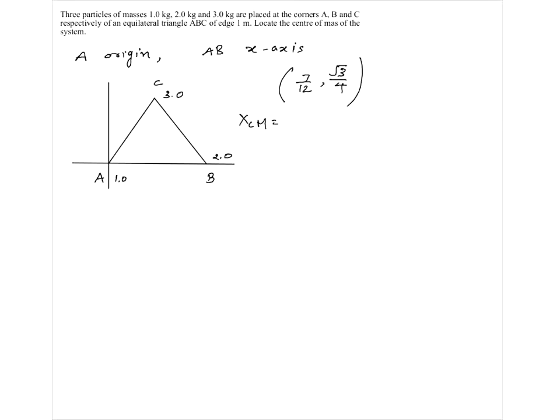One kg is at 0, 2 kg is at 1 meter, 3 kg is at x equal to half. Sum of masses 7. Then YCM